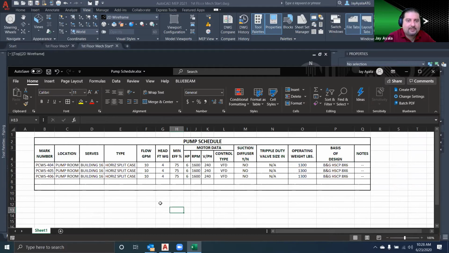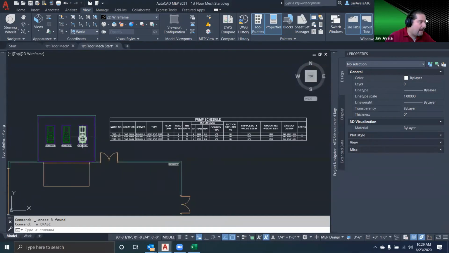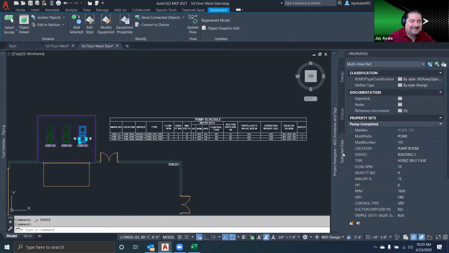And when we establish the property set and the properties that belong in there, every one of these properties is going to be important for the tag and for the table. All right. The property set definitions, once they're created, will be attached in the extended data tab of the properties palette, as you can see here. So earlier we saw the mark number, we saw the location, serves, type, flow. All of these are column headers that were sourced from that particular schedule. And we've converted them, we've created a property set definition using that Excel schedule,